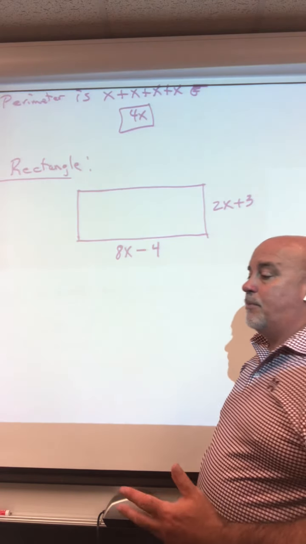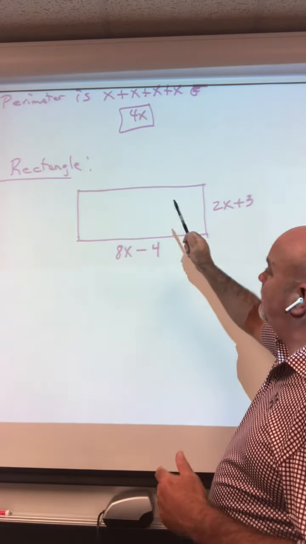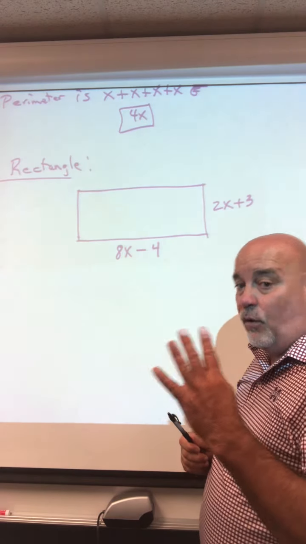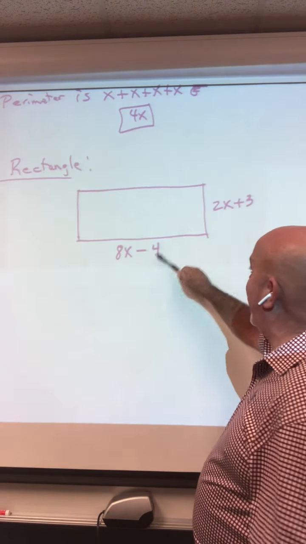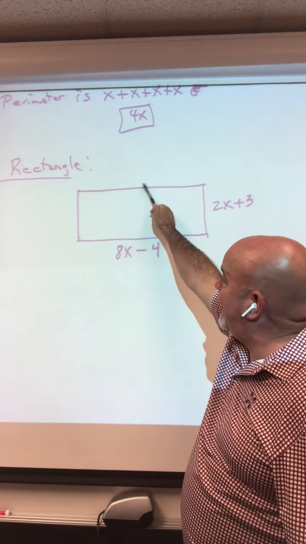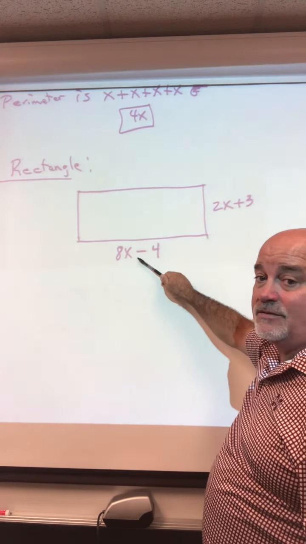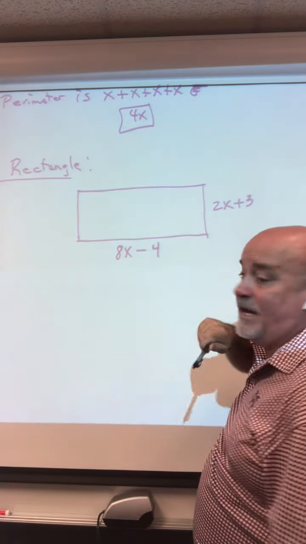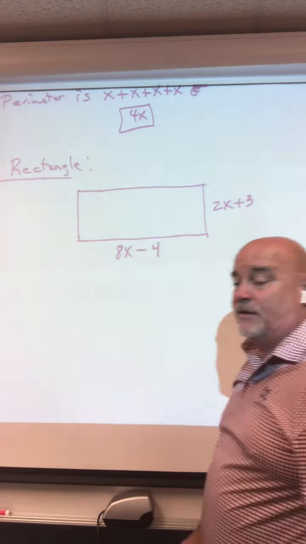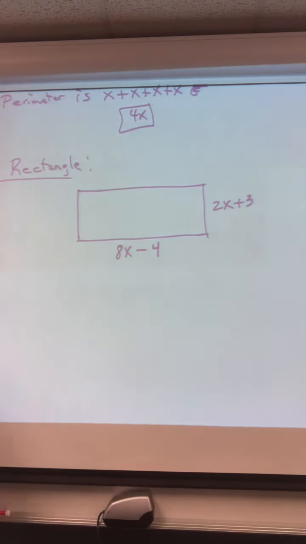Now, does the perimeter, do you add up just these two sides? No. A rectangle has four sides. So you have to add up all four sides. But we know what this side is if we know what this side is. This side also is 8x minus 4. And this side over here is 2x plus 3. So what I can do,